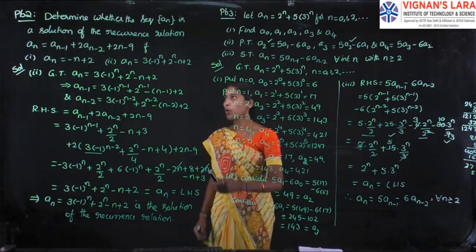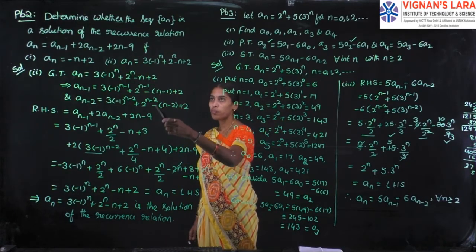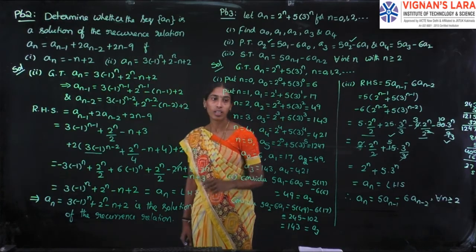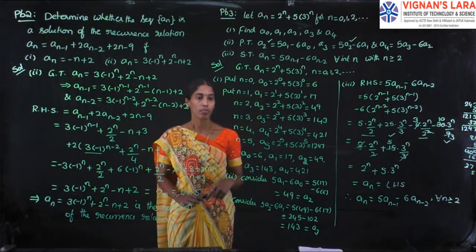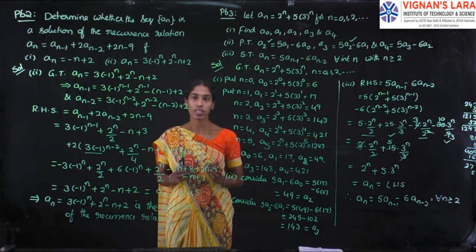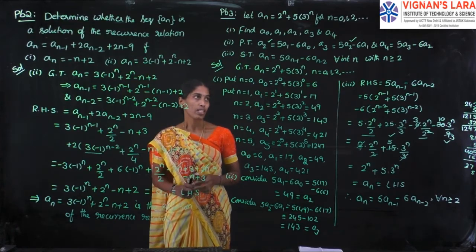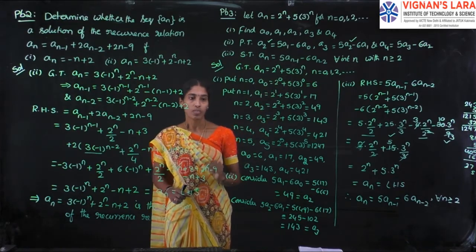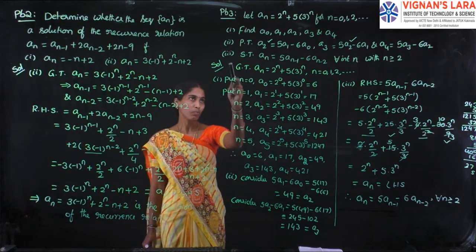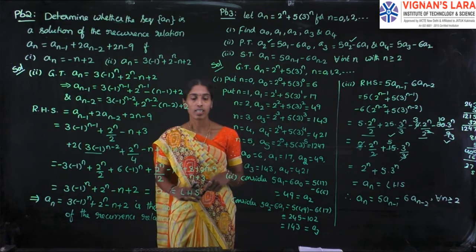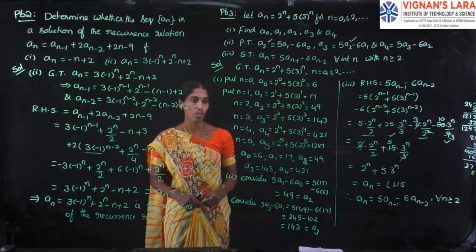So in the second problem, for a given recurrence relation, we are checking whether this is a solution or not. In the third problem, in the opposite way, here the solution is given. Using the solution, we are calculating the first 5 terms of the sequence, and in the second bit, we are establishing the relation between successive 3 terms a1, a0 and a2. In the third bit, we generalize the relation, that is expressing a_n in terms of a_(n minus 1) and a_(n minus 2), right?